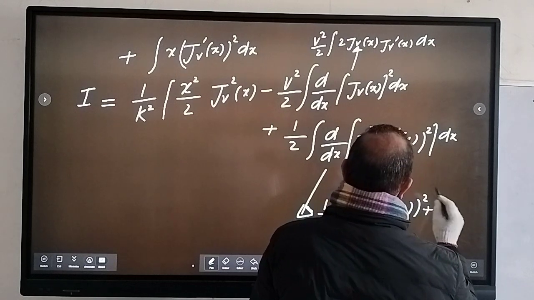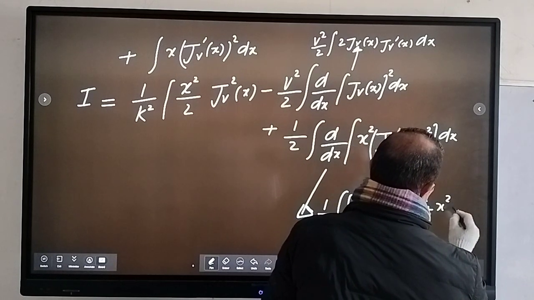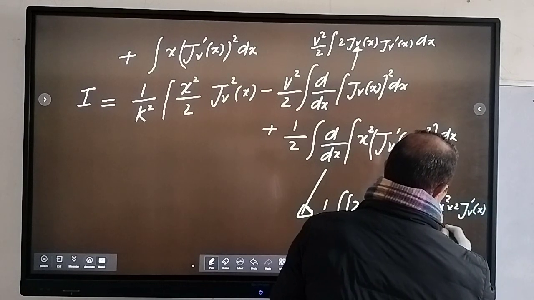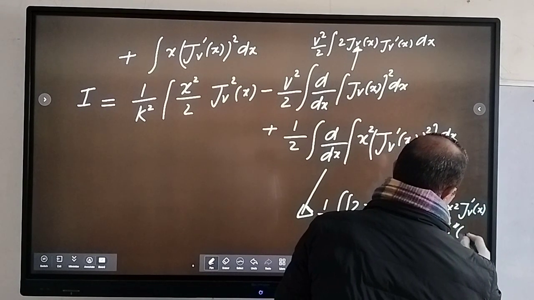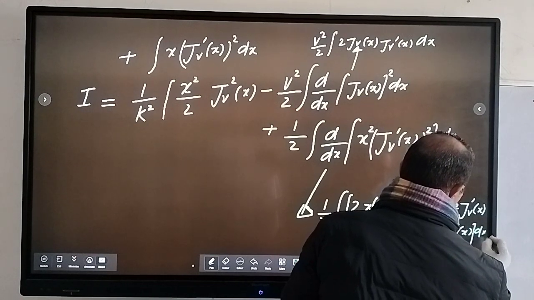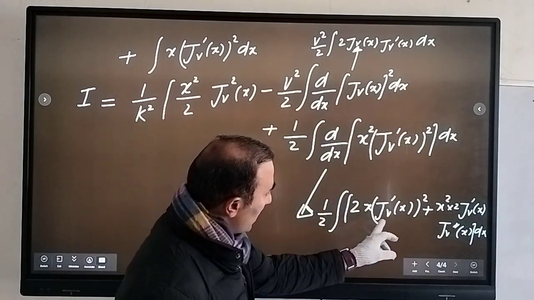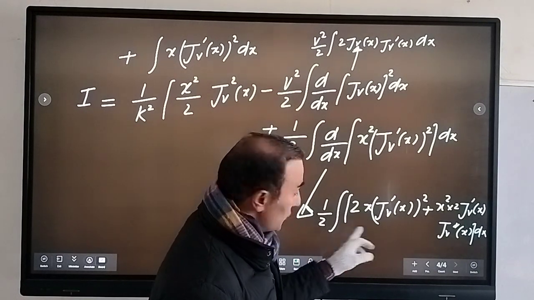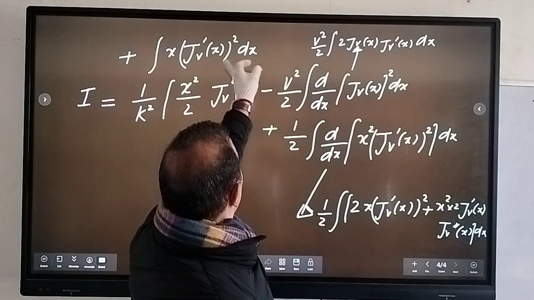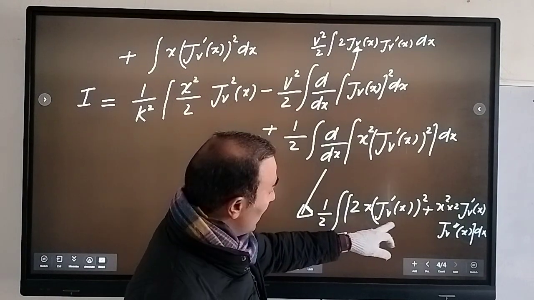plus that x square into twice Jv dash of x, Jv double dash of x, right. तो दैट मीन्स यहाँ पे जो ये टर्म है, तो 2 और 2 कैंसिल हो जाएगा, it will be there x Jv dash of x का स्क्वायर, तो ये वाली टर्म है, so this is this term, right, and